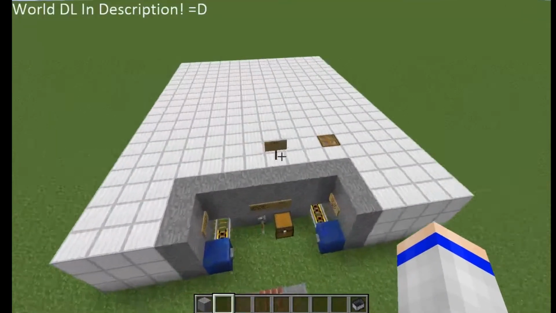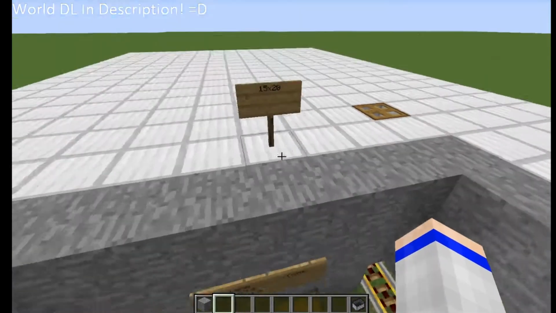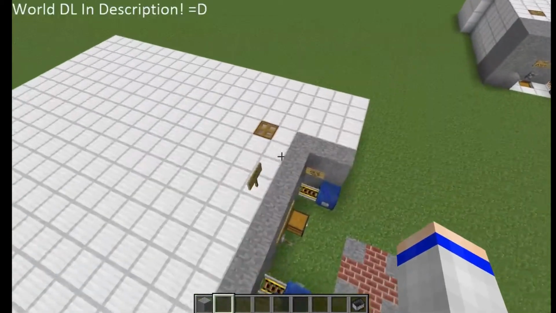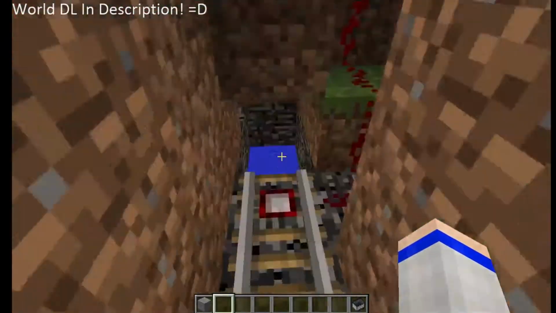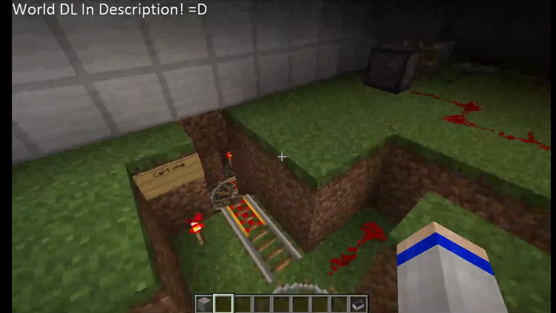Okay, so I went back and looked at that. I'm not going to put it up on the screen. I'm actually just going to show you guys. This is a 15 by 20 block build. 15 this way, 20 this way. And it actually goes farther out that way underground. I'm almost positive anyway. And there's just a hole in the bottom which means you couldn't import this to any